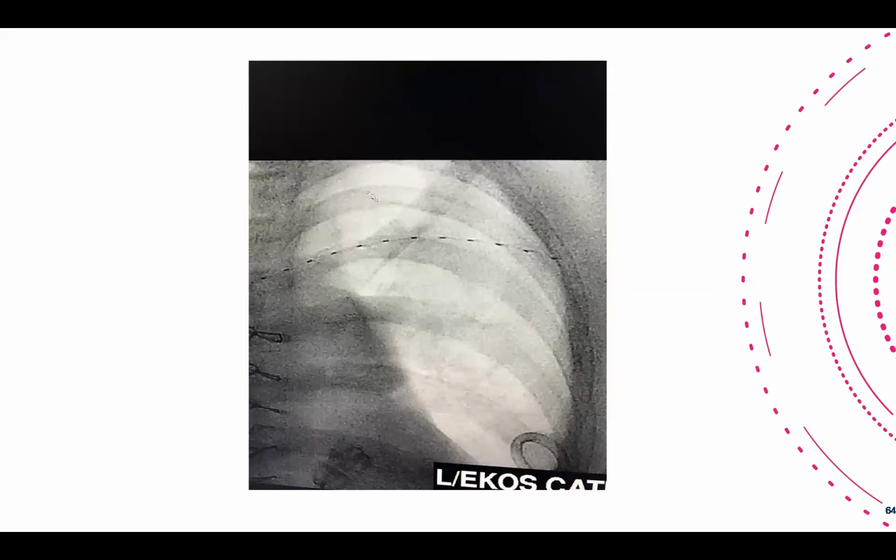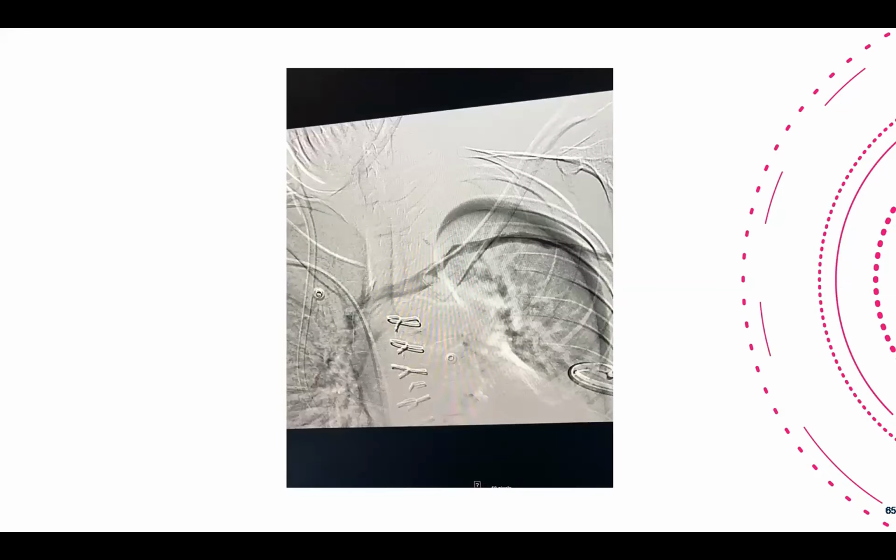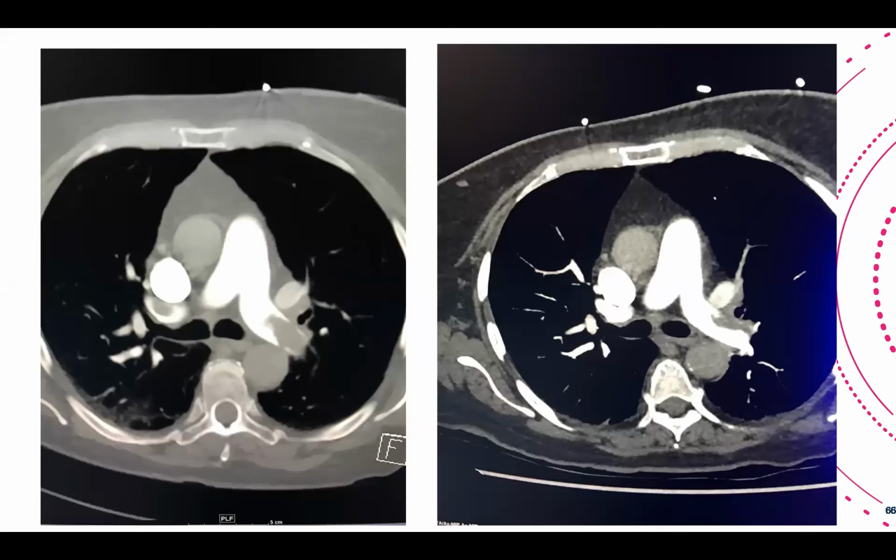I managed to get my wire through the clots, and then I left this special catheter inside the subclavian vein. And this is the result next day. There's good flow, and the patient was completely asymptomatic and was discharged from the hospital a few days later. This is another example of bilateral pulmonary embolism. You can see the filling defects on both sides, and this is the second day after the treatment. Almost complete resolution of the right side clot with some residual on the left side, which is not significant.